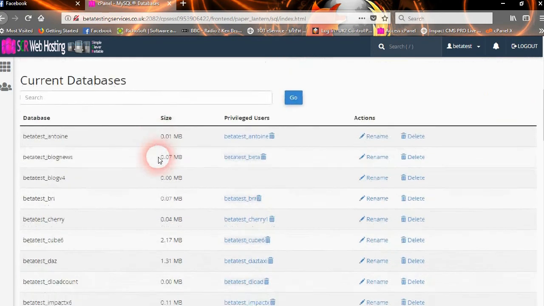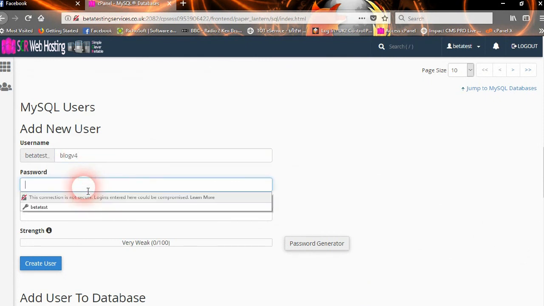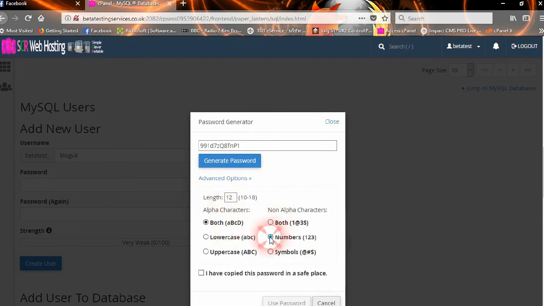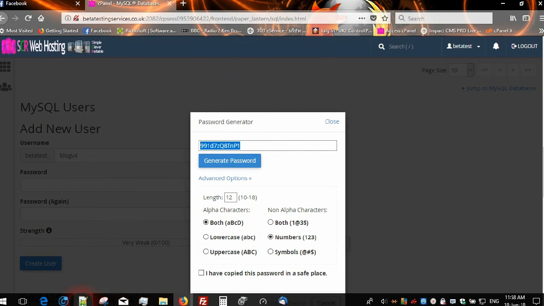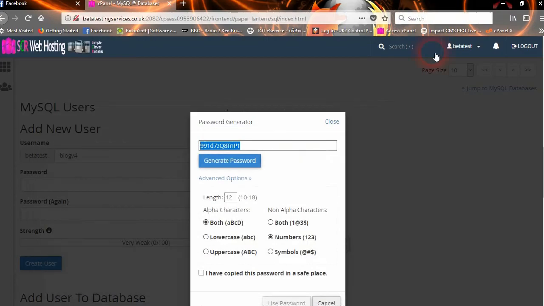and then you need to add a user to the database. So we'll call it the same and give it a password. You can generate the password. I suggest you use just letters and numbers. So we've got the password there, so we're going to make a note of that, and we will paste that in here so we've got a copy of it. Okay,